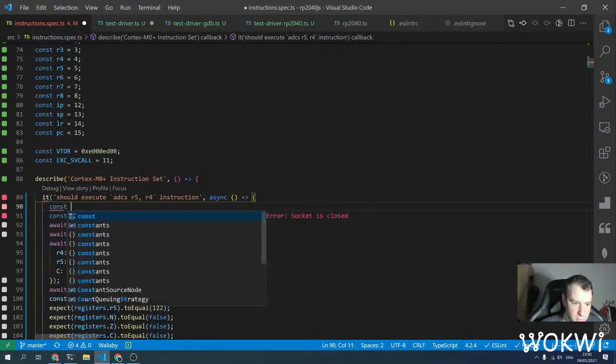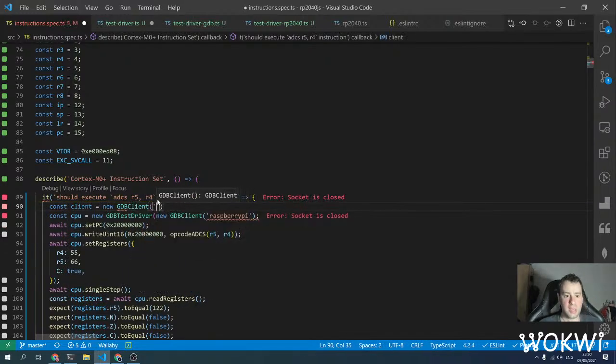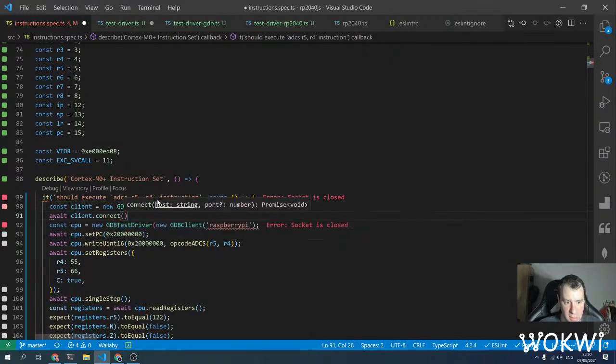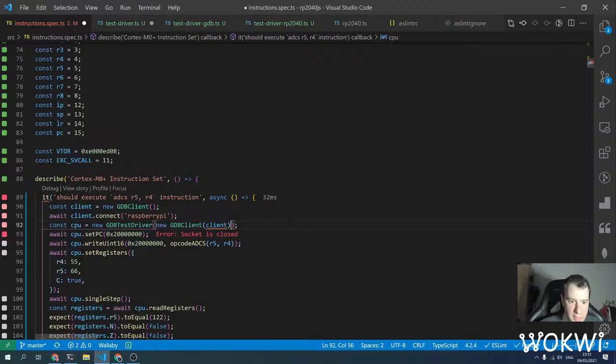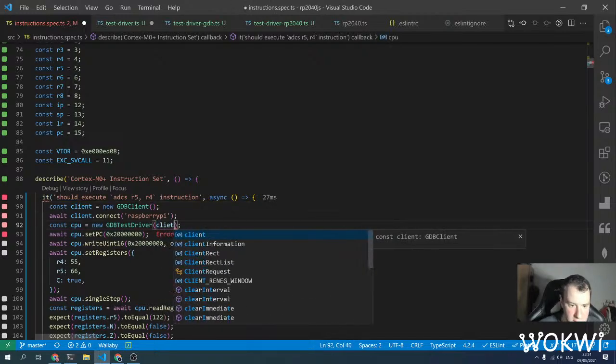Okay, so we need to create a client, new GDB client with Raspberry, and then tell it to connect: await client.connect to the Raspberry Pi, and the port, the default one should be fine, and then with the client,